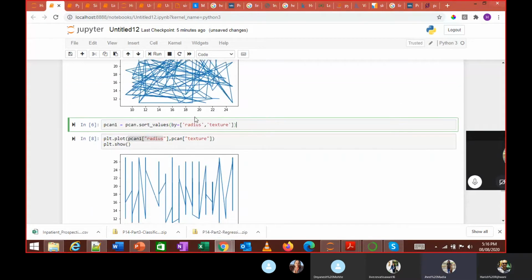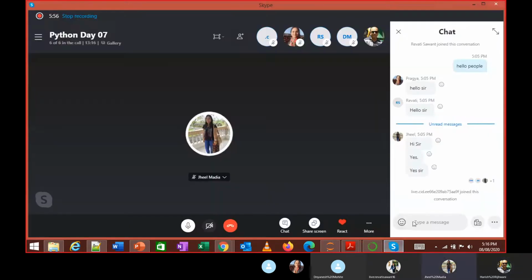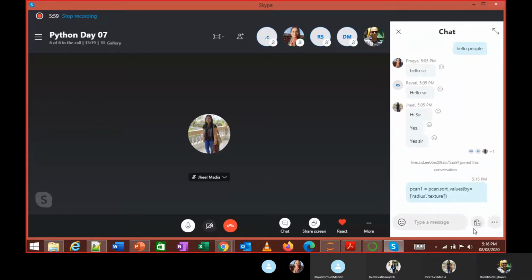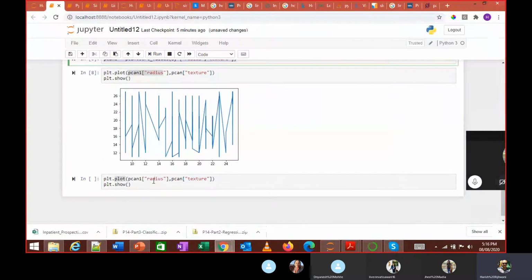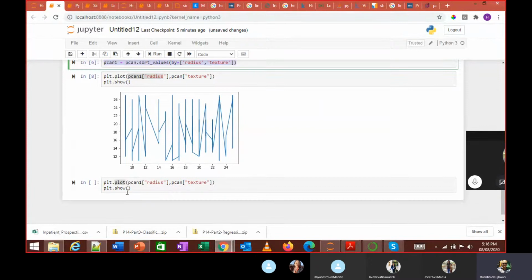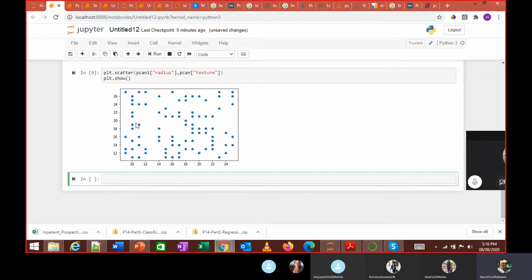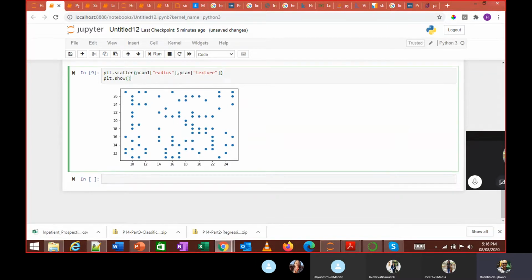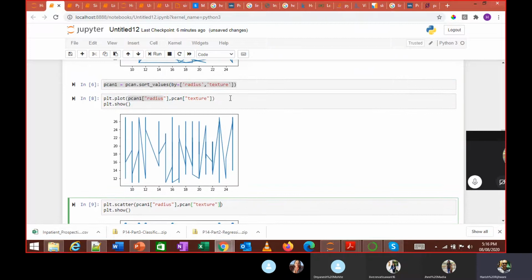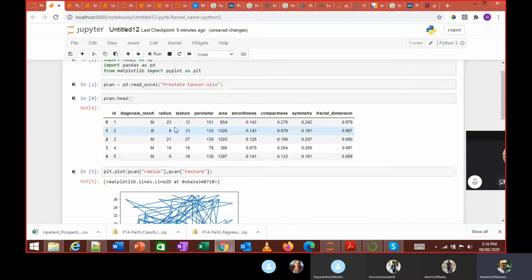So can you put the code in the chat? So scatter might be better.